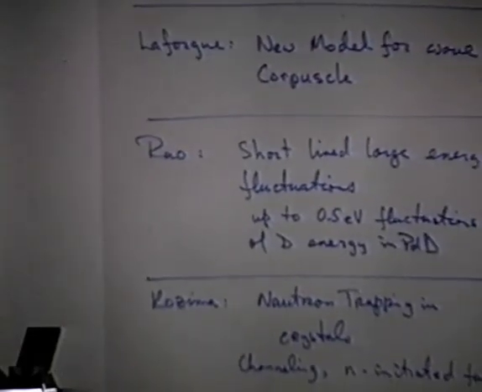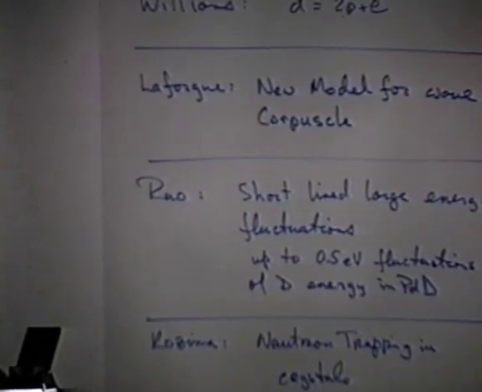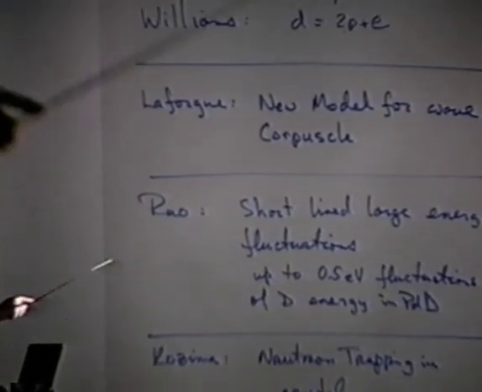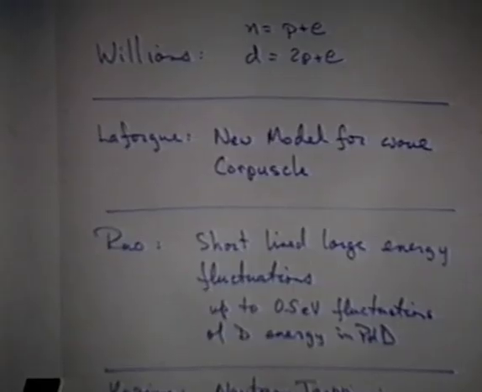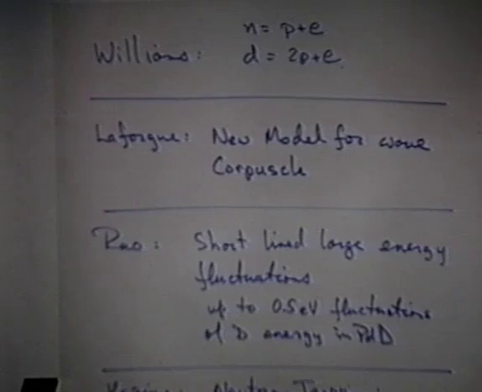Williams is presenting a model where he's thinking about the neutron as being composed of a proton and electron, and the deuterium as being composed of two protons and an electron. And the idea is that if you look at it that way, when you consider a fusion process, perhaps you can get some additional physics. On the one hand, such a proposal would face in this day and age quite a bit of criticism. On the other hand, you can actually find in Physical Review many years ago a proposal of Dirac that's not too dissimilar.